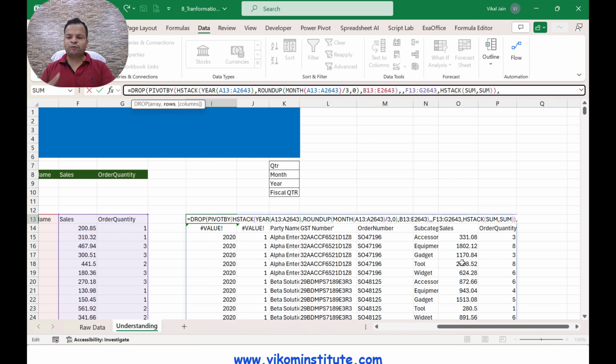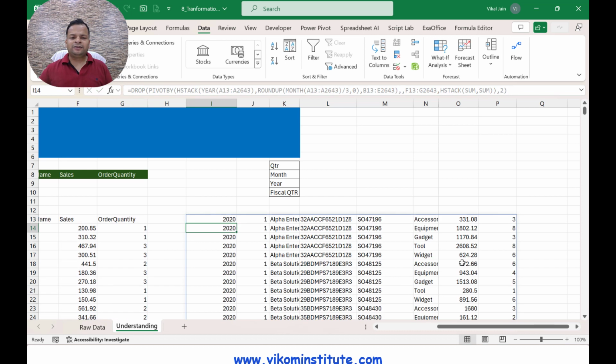If I put a positive number, it is going to drop that number of rows from the top, and if I enter a negative number, then it is going to drop that number of rows from the bottom. So I'm taking positive. I don't need to drop any column, so I simply close the parentheses and enter, and you will see it has dropped the header.